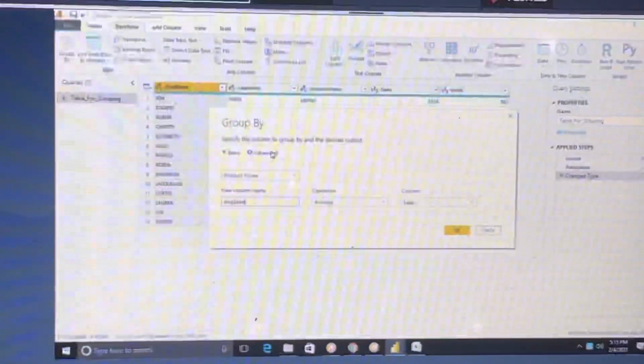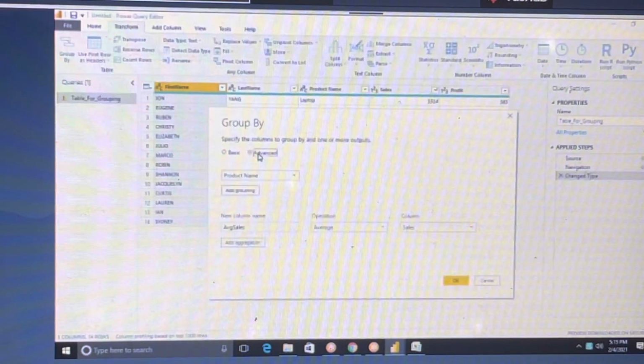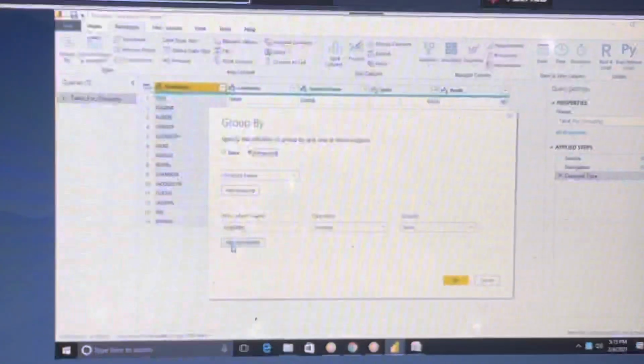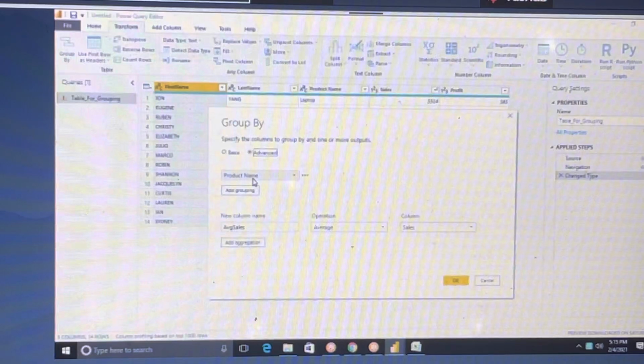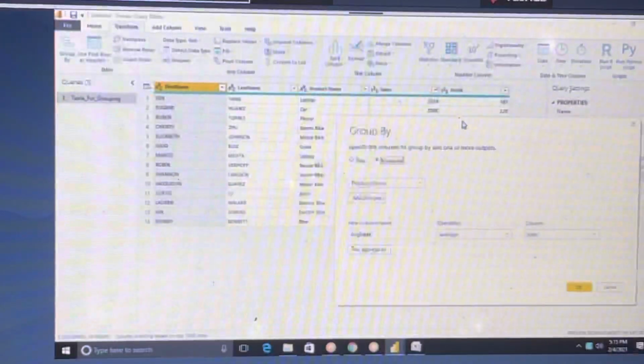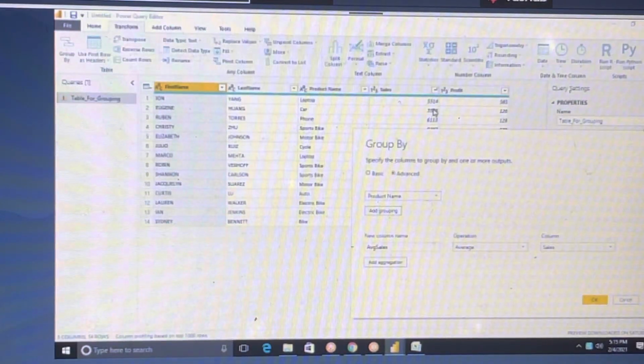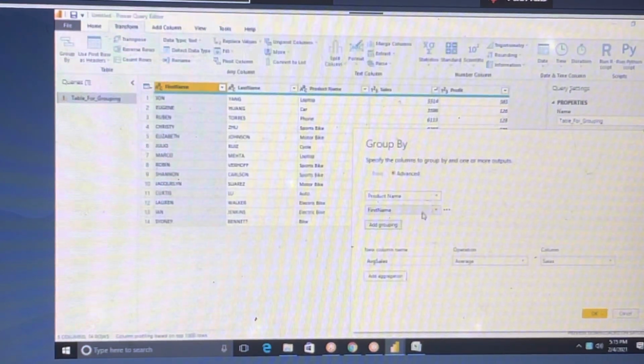But I need average profit also. In that case, click here and add aggregation. You can also add more group by columns, not only the product name. You can group by first name or last name as well.